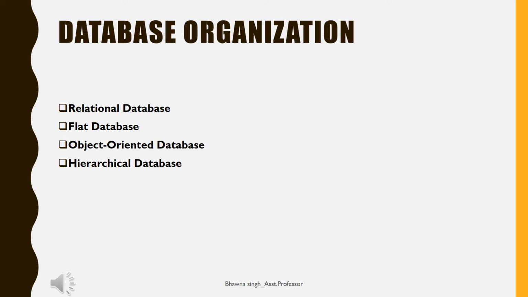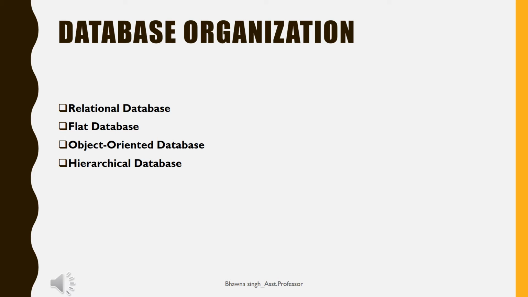So from exam point of view also, it is very important for all of you to understand the difference between relational database and flat database. In flat database, we are maintaining a single table structure, but in relational database, we are maintaining a multiple table structure. Third one is object-oriented database. This type of database system uses small software units which are known as objects. And in this, data is organized similarly to object-oriented programming concepts, in that we use the concept of classes and objects. Let's take a simple example: in a class, every single student is an object, and all the students collectively are known as a class.